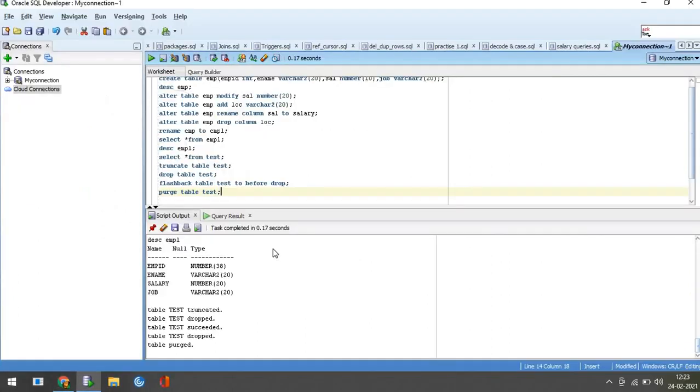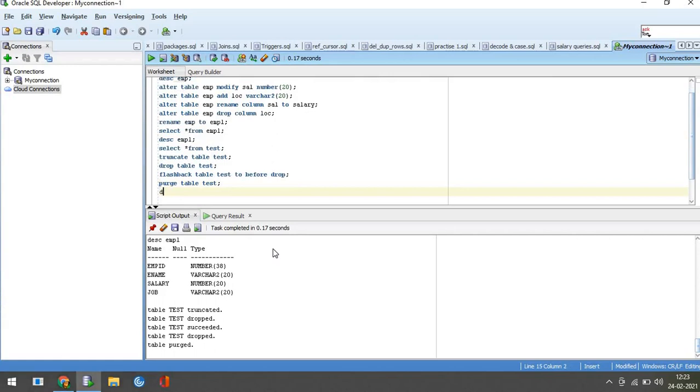I will run this query. I will drop the employee table from the database permanently. The employee table we renamed as emp1. Drop table emp1 purge. Table emp1 dropped. We can't restore it back because it was dropped permanently. So it will not be stored in the recycle bin either.